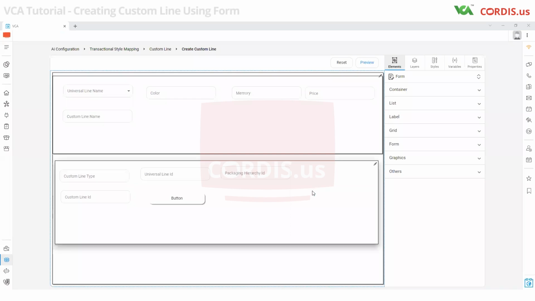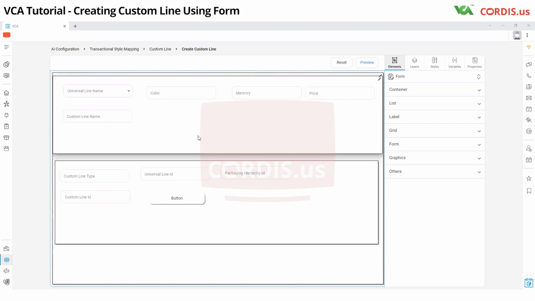Hi, in this video, we will learn how to create a custom line using a form. Please remember that whenever you create a custom line, it is necessary that it is associated with a universal line. So here, as you can see in the form, this is a drop down which can be used for